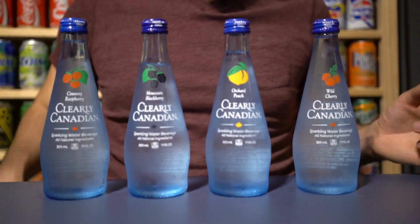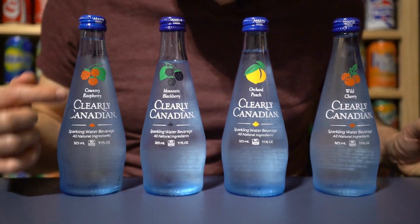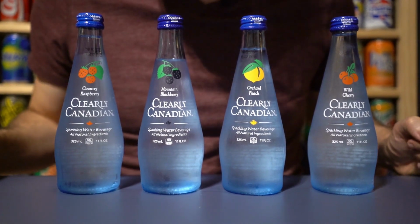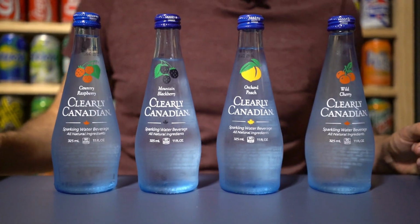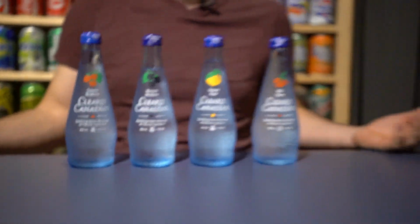They did make an improvement from the initial run where they had kind of a clear sticker. Now all the writing is directly printed on the bottle. It just really makes a great display piece. I've had Clearly Canadian bottles from the re-release displayed here for a couple of years, but they don't sell these in Central Texas. And a buddy of mine, actually Manny,